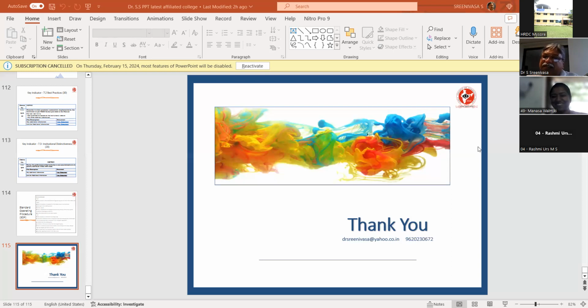The admission register is there, the stock register is there, everything is there. If everything was there, then no need. When conducting a program, you will take the permission of your head of the institution, money will be released, you will conduct the program, it will be hosted, photos will be taken, you will put it on your social media profile. Everything you will do. But why don't you keep one copy in your department? Money is given by your department, so it's your moral and social responsibility to give the document back to the institution. We don't do it. We say, sir, tomorrow we'll give. I don't know, tomorrow will not come.